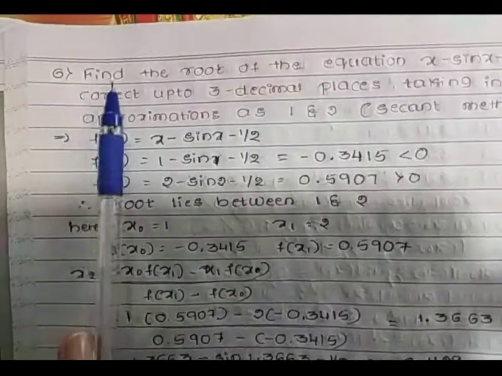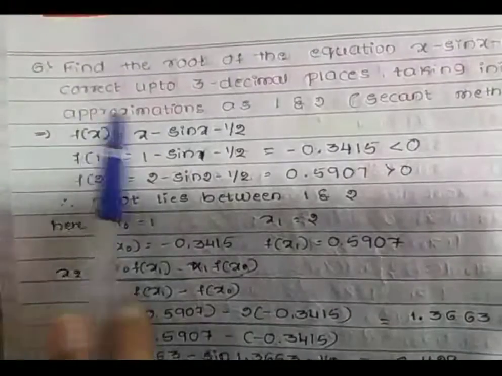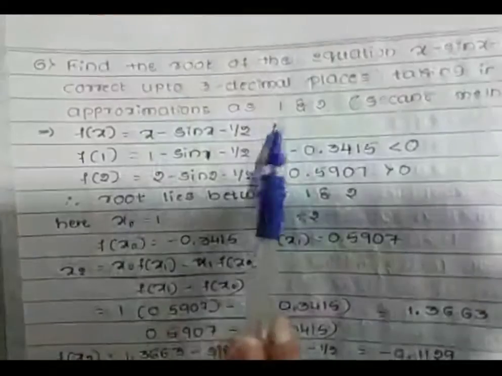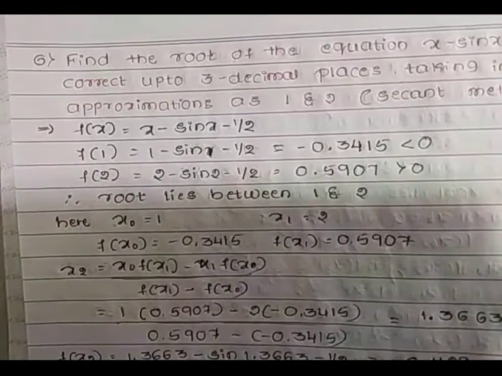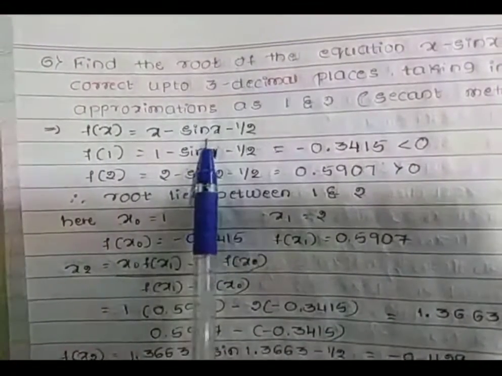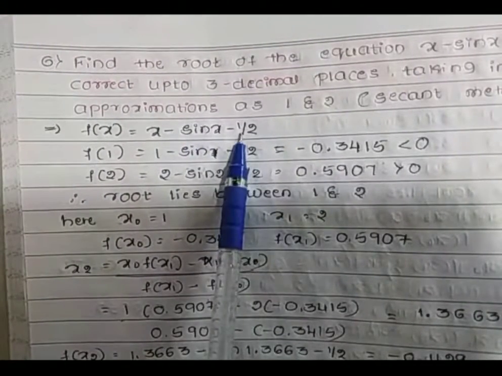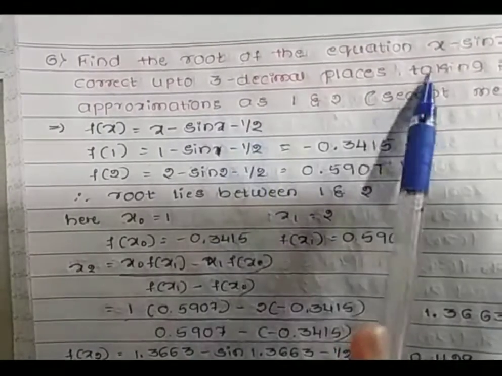Example 6. Find the root of the equation x minus sine x minus 1 by 2 equal to 0, correct up to 3 decimal places, by taking the approximations as 1 and 2 with the help of secant method. See, using secant method, we are calculating roots of the given transcendental equation, that is x minus sine x minus 1 by 2. And one more thing you can observe in the question,